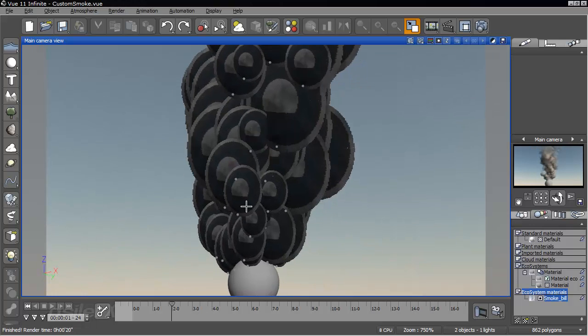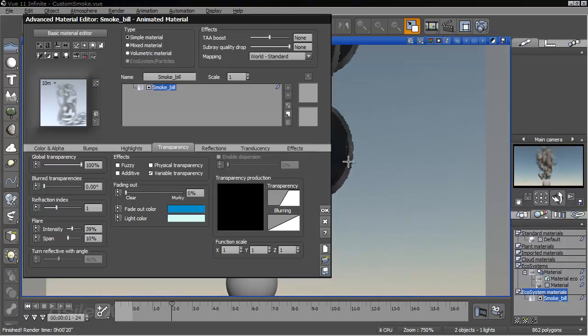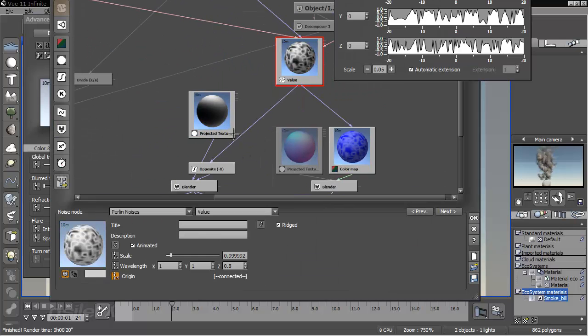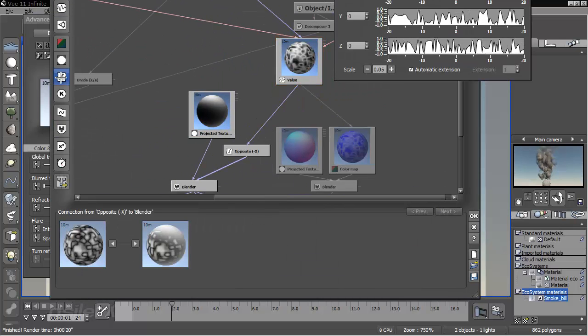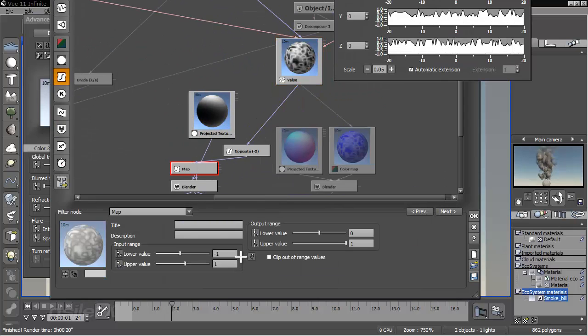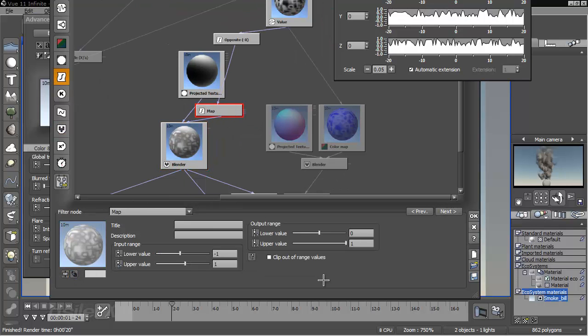Either that or change the density. And maybe add a map. So we could add a filter after the opposite, set it to map -1 to 1, and then we can adjust the output. I'm going to go ahead and show the blender in the preview so that we can get a better idea of what's going on. So if we don't want to add that much to it,